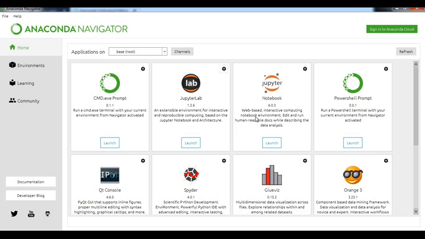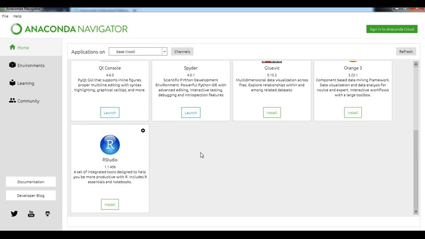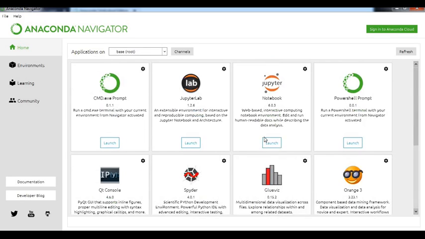With every application, you will find the details mentioned here, whether it is useful for web applications, for GUI interface, or for research purposes. You have RStudio also here. When you want to use one, just launch it.